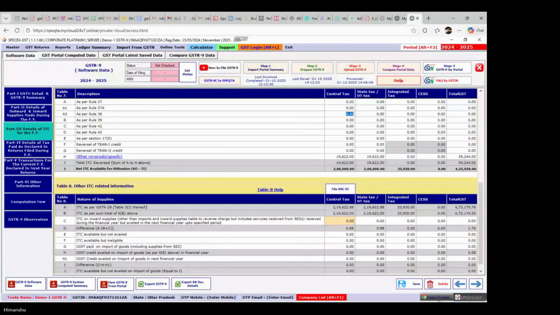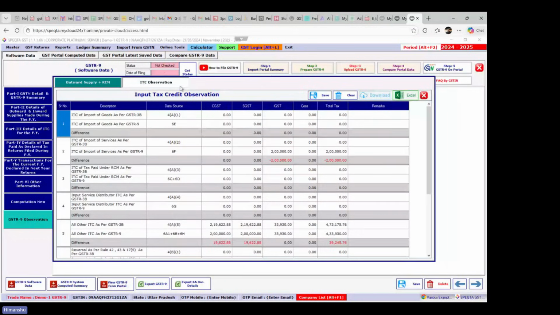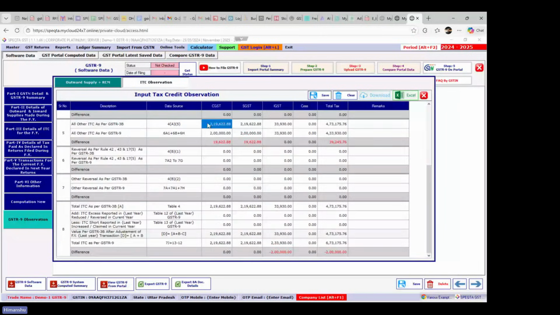ठीक है और सर आपका एक टेबल है GSTR-9 ऑब्जर्वेशन करके, हाँ वहां पे मुझे एक डिफरेंस मिल रहा है, तो सर वो इसको मैंने रीजन अभी नहीं एक्सप्लेन किया है। अगर कोई डिफरेंस है तो वो डिफरेंस सर, ये एक्चुअली डिफरेंस क्या है, ये टेबल 3B और 9 का डिफरेंस है कि 9 में जो आप रिपोर्ट कर रहे हो और 3B में जो आपने रिपोर्ट किया था, उसका डिफरेंस। जैसे फॉर एग्जांपल ये इंपोर्ट की आईटीसी हमने 3B में रिपोर्ट नहीं करी, ठीक है, और मान लीजिए कोई फिगर ऐसी है जिसमें यहाँ पर हमने ये रिपोर्ट कर रखी है, आईटीसी इसमें यहाँ पर इतनी आ रही 2,19,000 और आईटीसी 9 की आ रही इतनी।